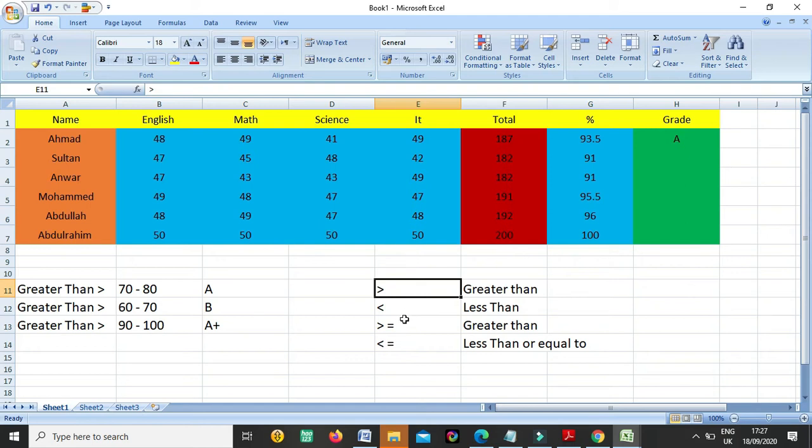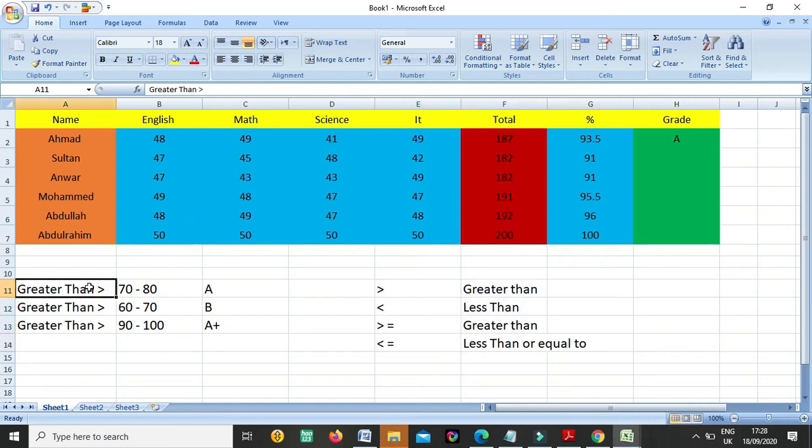So here I am saying greater than or equal to 80, less than or equal to 80. Okay, so you should know this before taking the grading. You should also know about this.